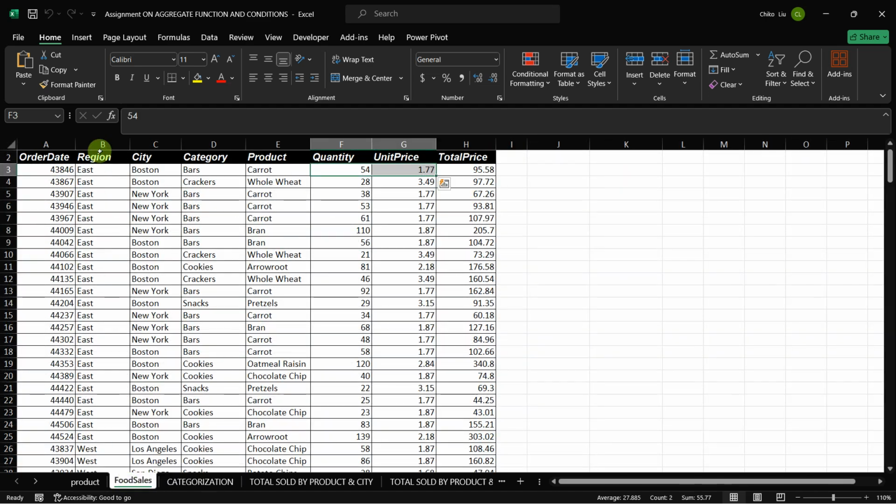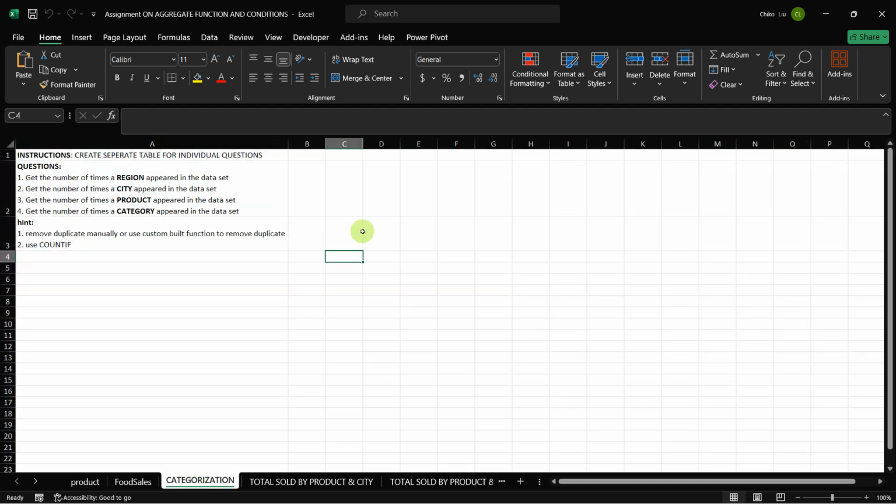So if you look at the region, city, category, product, these are text, right? So they are text. The number of times you are talking about, you have to do a count of each time a particular product or a particular category or a particular city or a particular region appeared in the column, in their various columns. So we'll do that of the region. Let's do it somewhere around here,